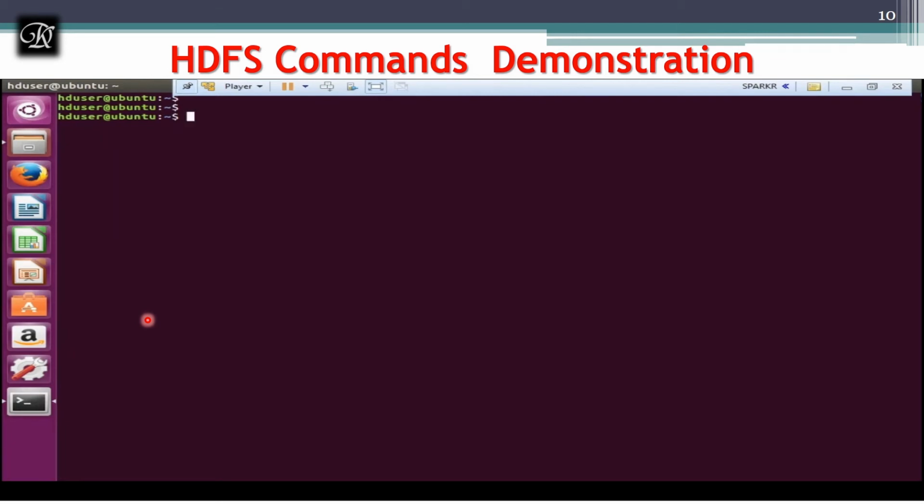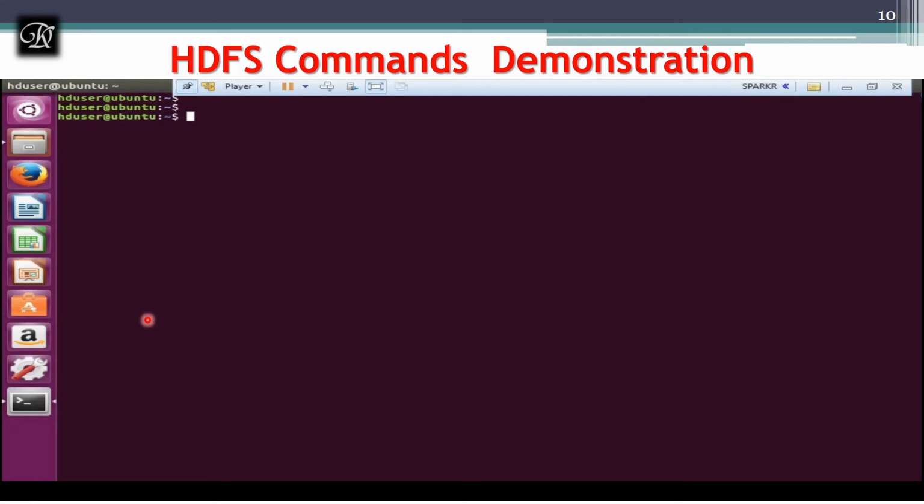Now we'll start the Hadoop on my machine. For that we have to run a shell script, which is a batch file having multiple commands. You can start them one by one also, but if you don't know the sequence of starting the daemon processes like name node, data node, resource manager, and job tracker, it's better to use startall.sh. That's going to be the easy way to start all the daemons rather than starting them one by one, because if you miss the sequence, then it is a problem, since the daemons have a dependency.